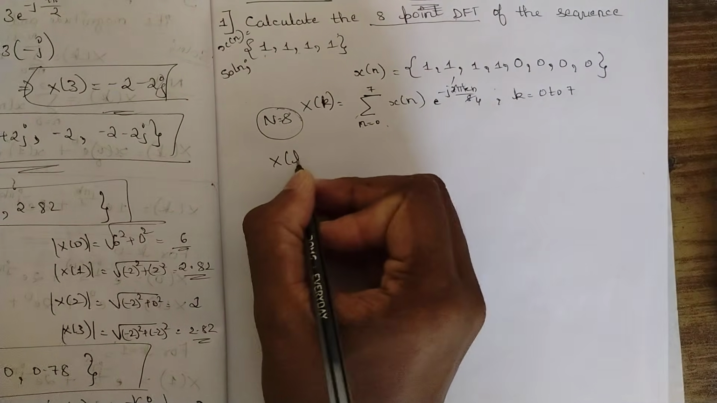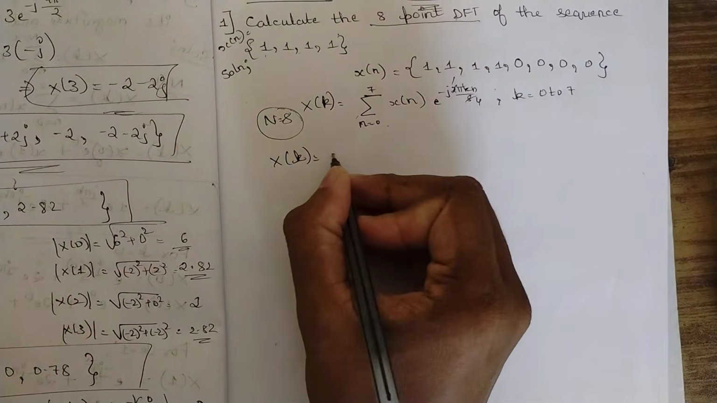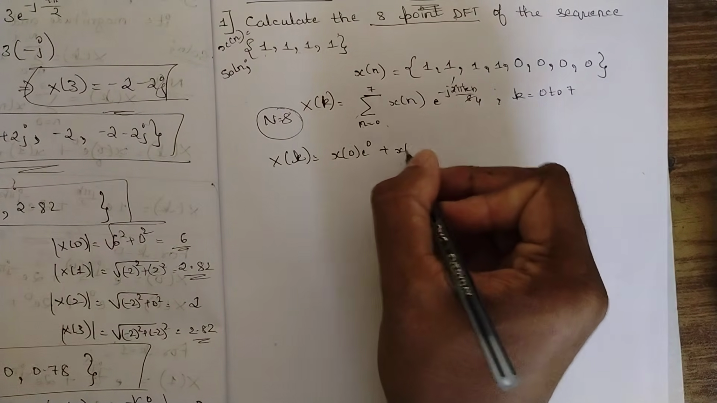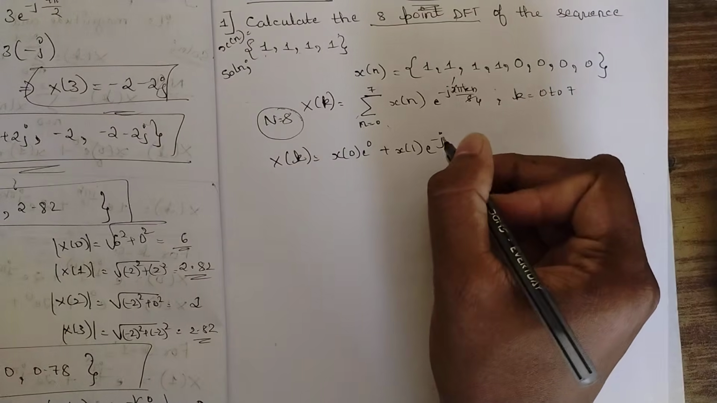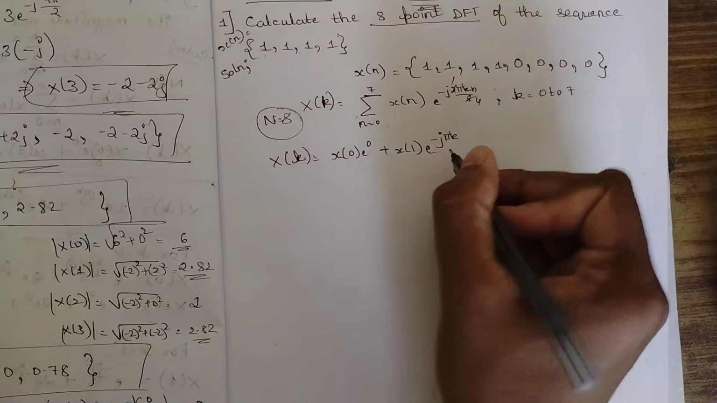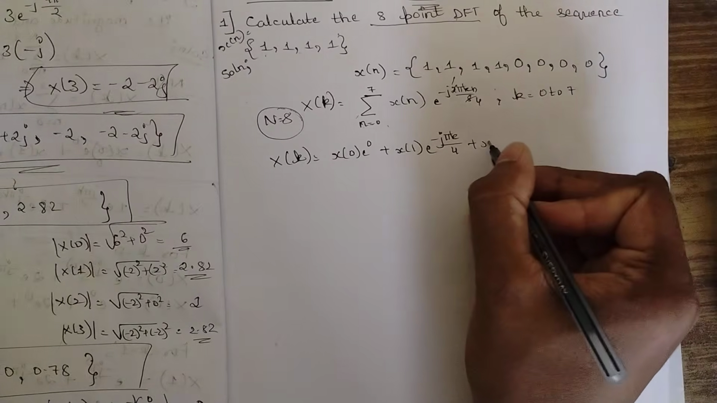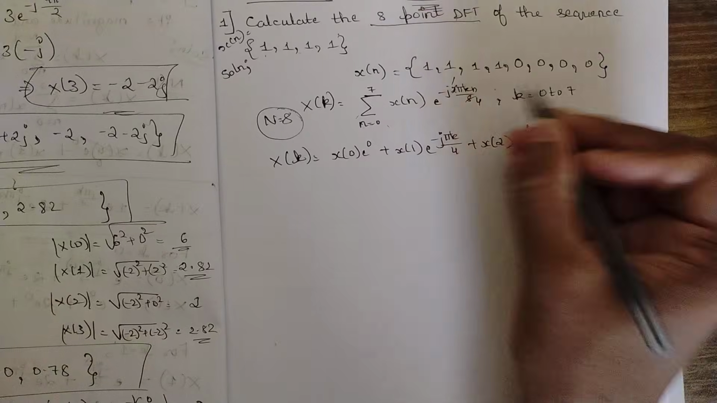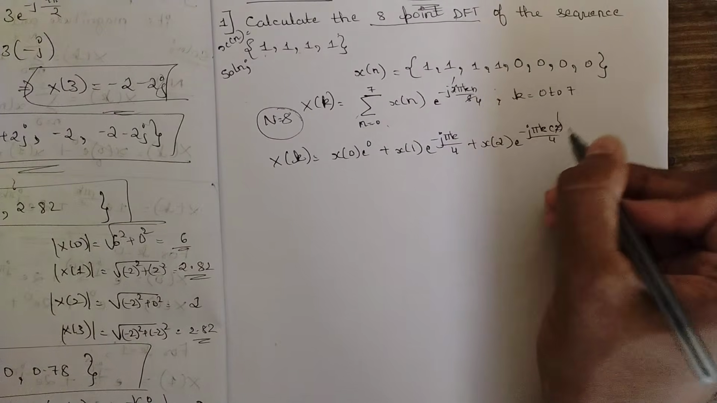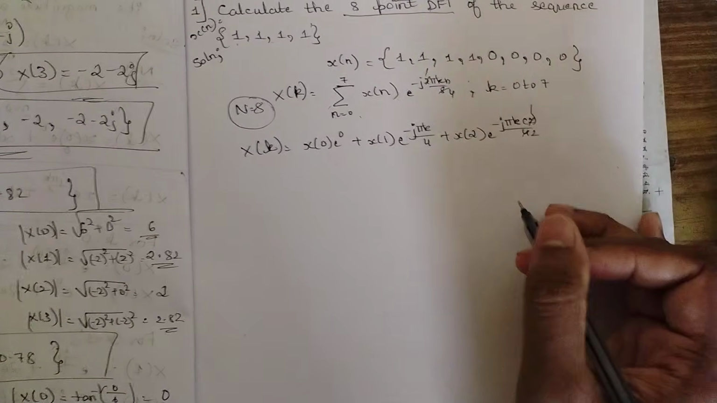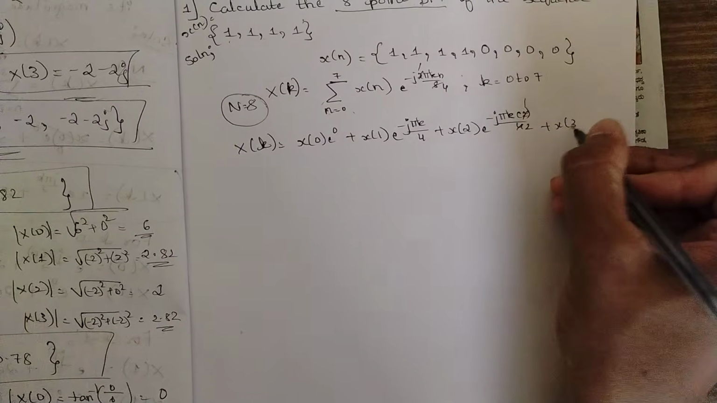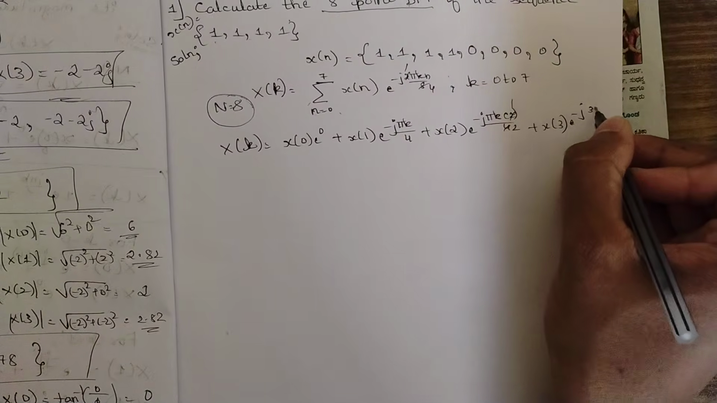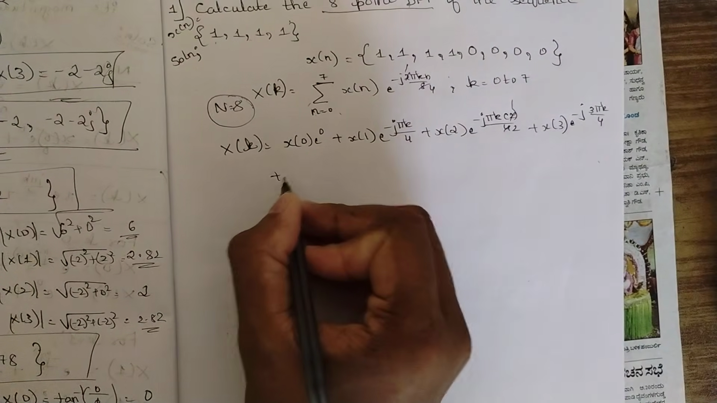Then X of k is equal to, split this summation now. That is, first term is x of 0 e power 0 plus x of 1 e power minus j pi k into 1 by 4, plus x of 2 e power minus j pi k into 2 by 4, that is 2 1s are, 2 2s are, so we would be getting minus j pi k by 2, plus x of 3 e power minus j, the value of n is 3, so 3 pi k by 4, plus x of 4